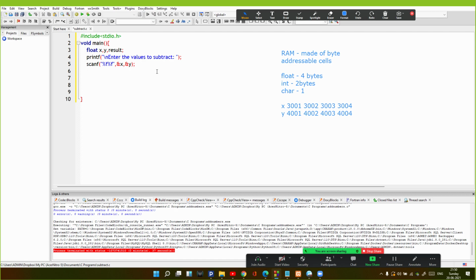After writing the scanf, now you can clearly see the purpose of adding these two in the scanf function. But do not forget to write the address symbol because otherwise the data will not be stored.